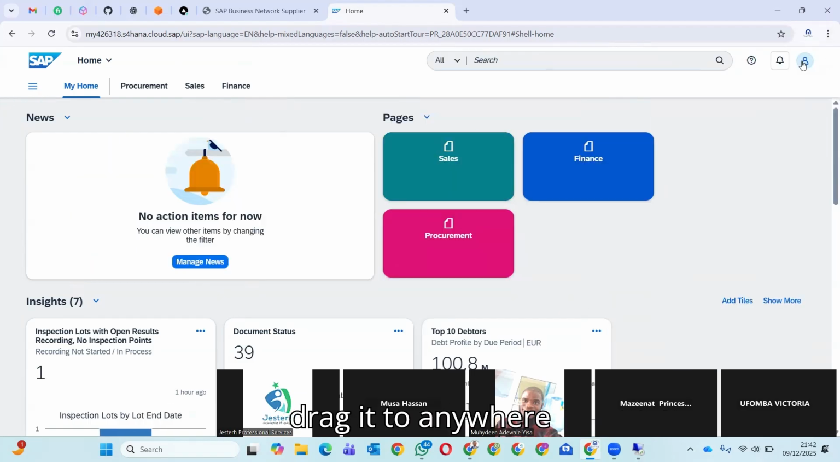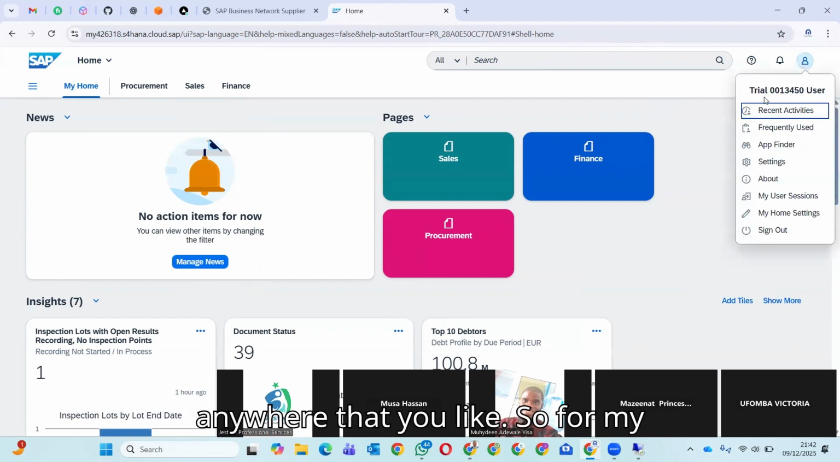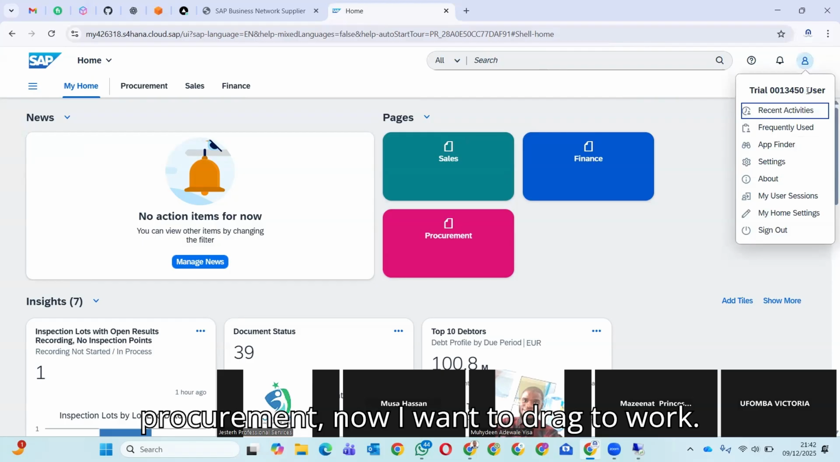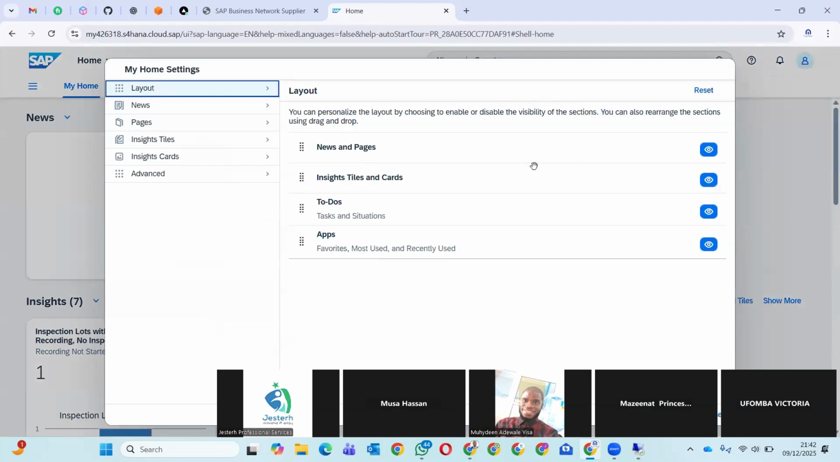So this is the help notification, and this is your profile. If you are working in an organization, you can see now trial. So this is my profile. If you check, you will see your trial number user. And you can sign out my user session to check my home setting. So I click my own home setting, which you can also